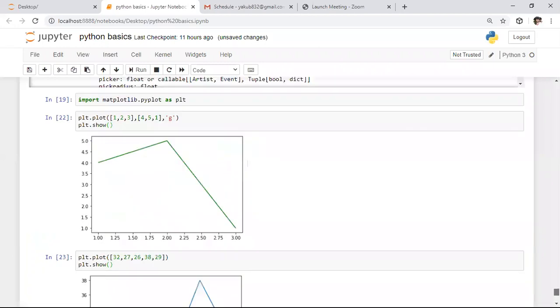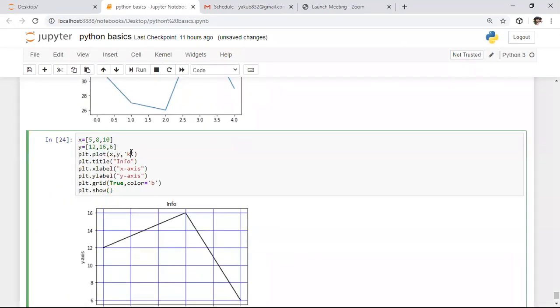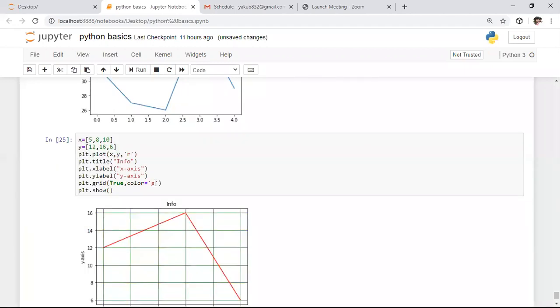Now I want to change this entire graph. I want to plot this line with the red color, and I want to change this grid. This color is green, so I want to convert the entire grid to green color. Whenever you observe this graph, the grids are coming in green color, and this line or graph is coming in red color. So that is about basic plotting.